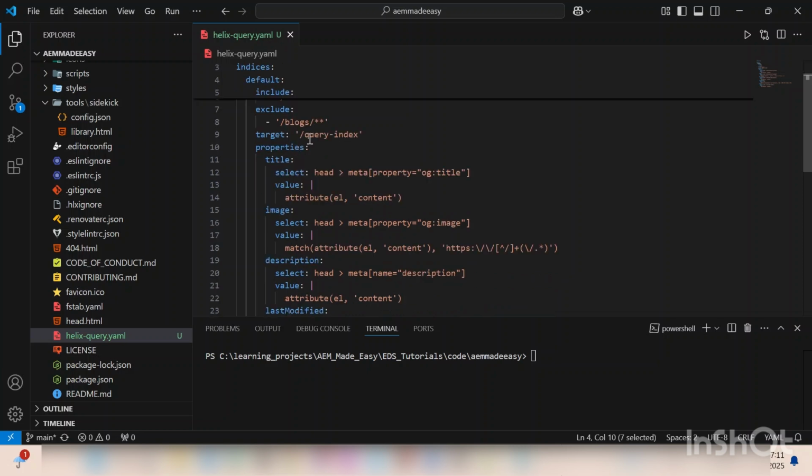Okay, target is where that query index sheet is, right? If it is not placed inside the root document and is somewhere else, you can mention the same. And these are all the properties you want to extract from your page. So this is the property name, and the same property will be created inside your JSON's spreadsheet. This will be the column name